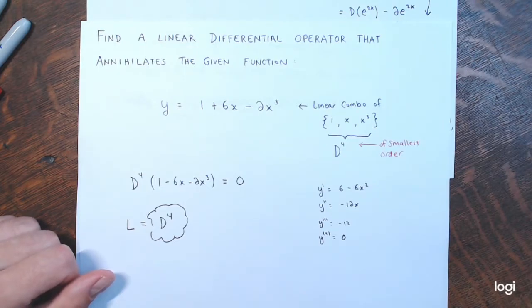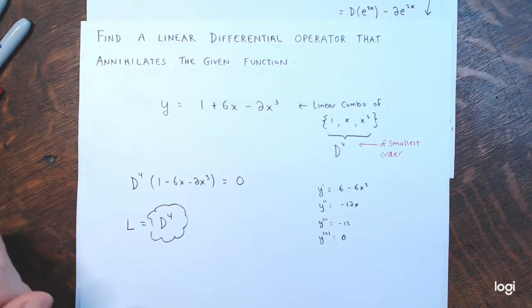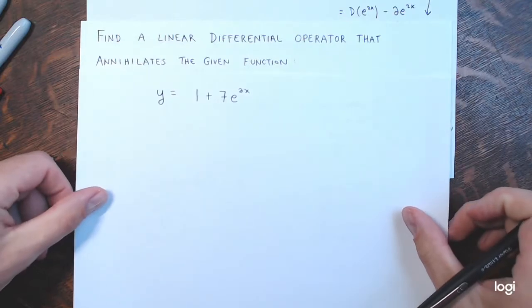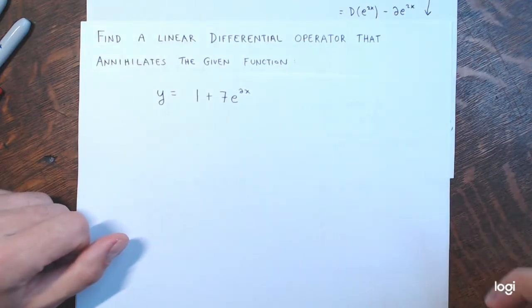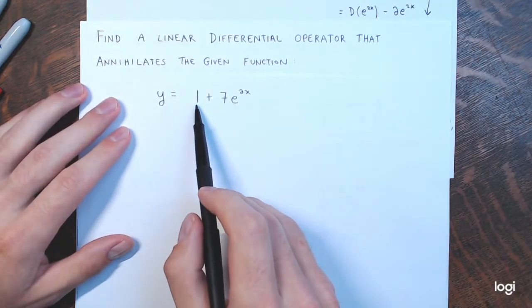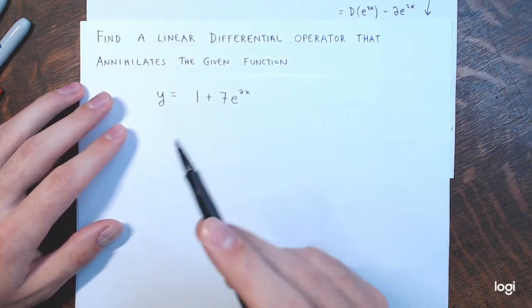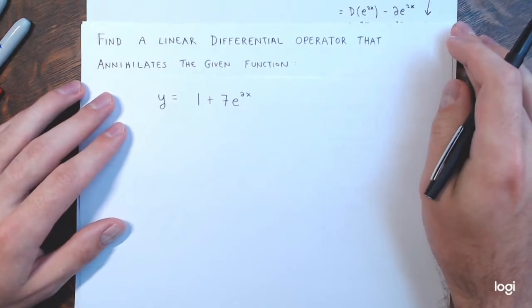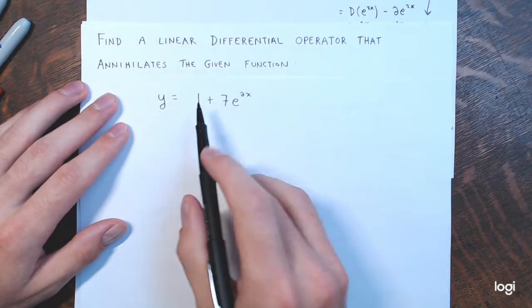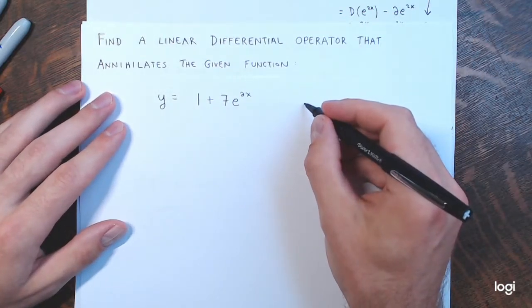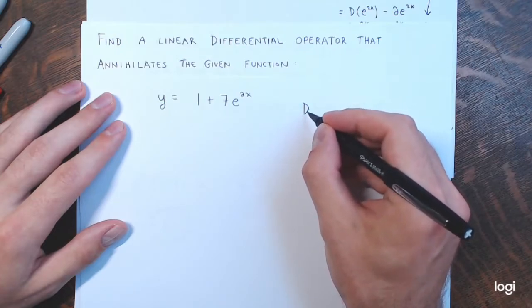Okay, let's get into another example. I'm going over several of these. All right, so this one is the function y equals 1 plus 7 times e to the 2x. Now, I know from earlier rules that I wrote that just the plain old d to the first,